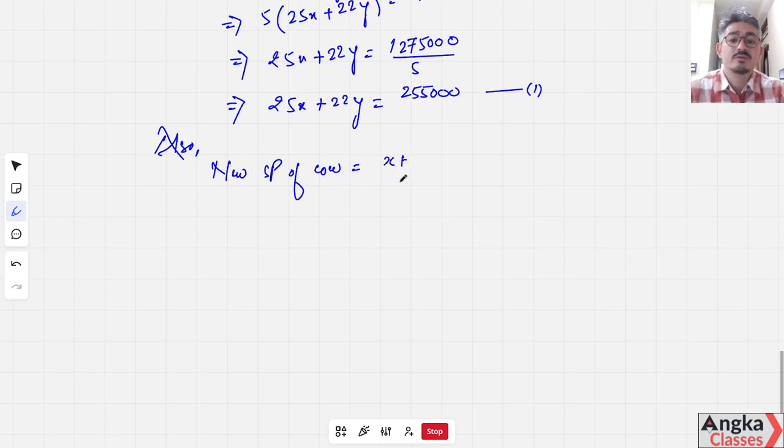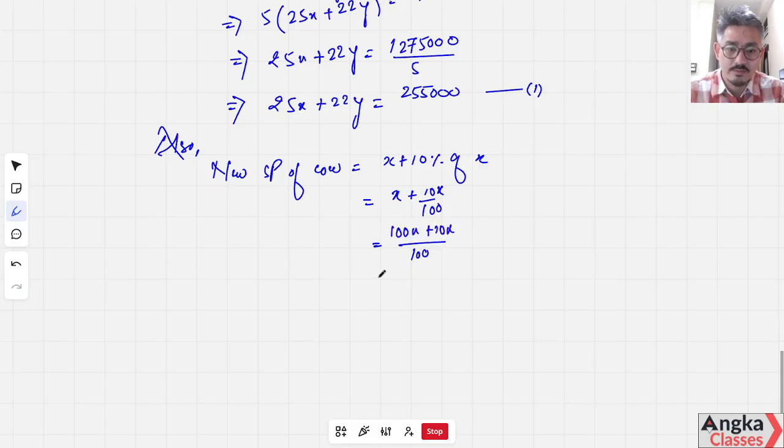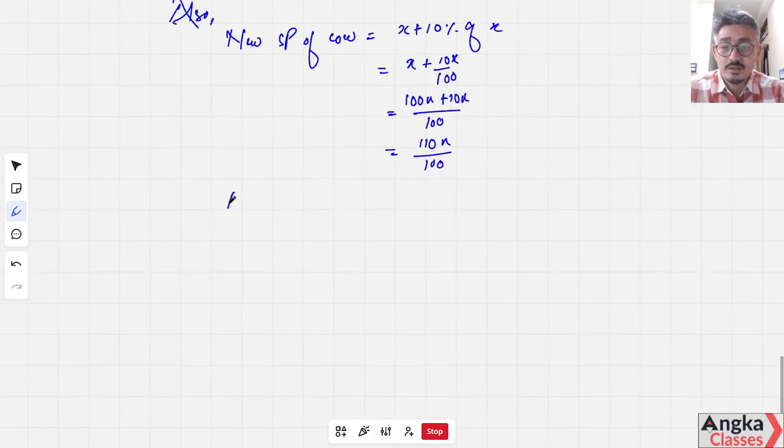So x plus the profit percentage, which is 10% of x. So we have x plus 10 by 100 x, which is 100x plus 10x, that is 110x by 100. Now, similarly, the new selling price